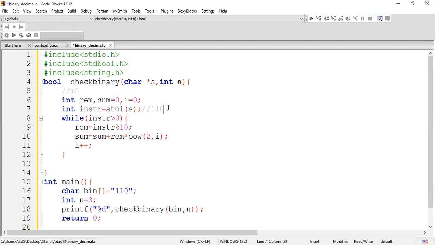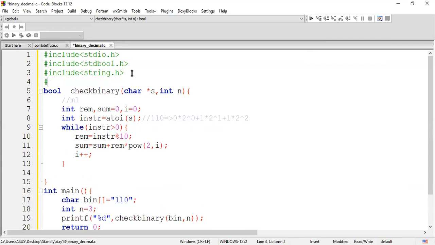So this is literally all about how the statement will be: 0 into 2 power of 0, plus 1 into 2 power of 1, so this all will be converting it, right? Then followed by 1 into 2 power of 2. This is the process I'm writing here, guys, nothing else. I'm just converting this to the equivalent decimal value. The process of conversion will be like this. I'm writing this process by using power, 2 power i, where i value is 0 initially, and I'm going to increment it for each and every step. For this, the header file required is math.h.